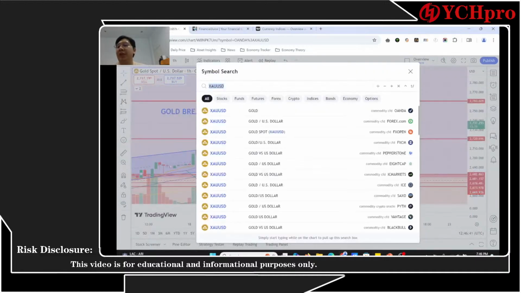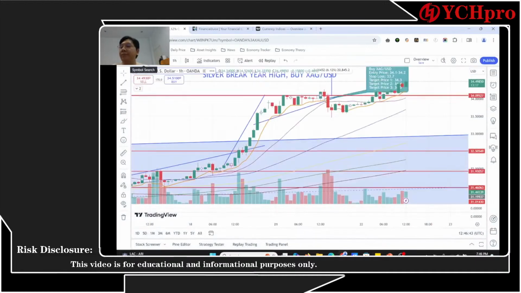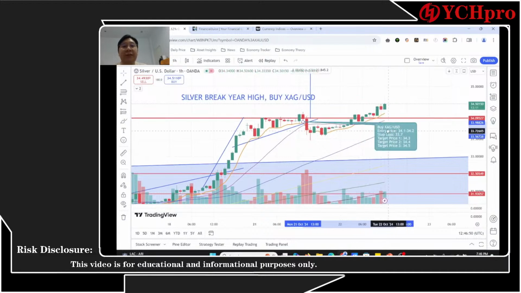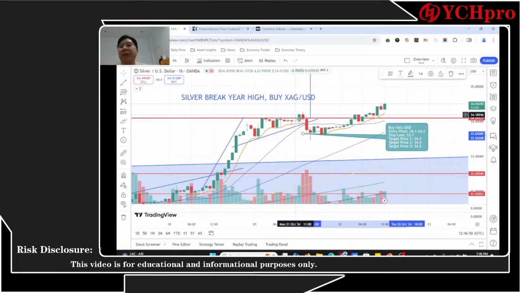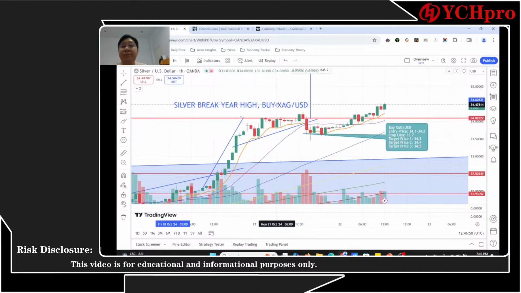Alright, so let us check on the silver side for now. So what has happened since then? Actually yesterday I was very optimistic on the silver, but it seems that the timing was just off. It is giving us some healthy corrections. And right now we are actually seeing good potential, as it even reached our third price target, as you guys could see on this side.